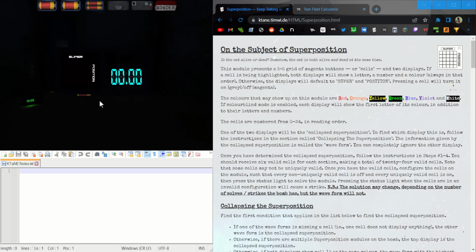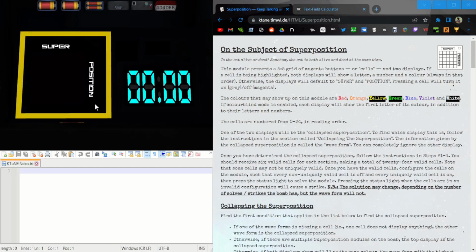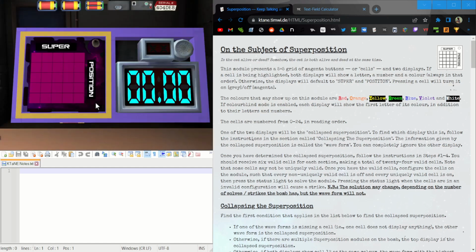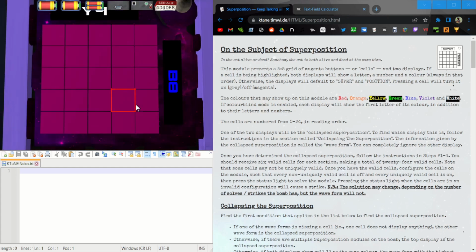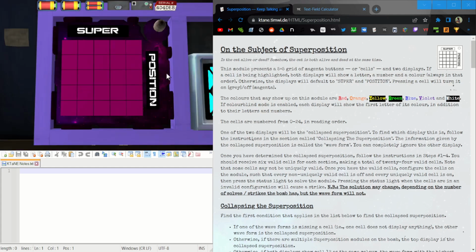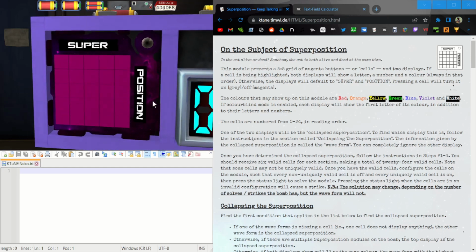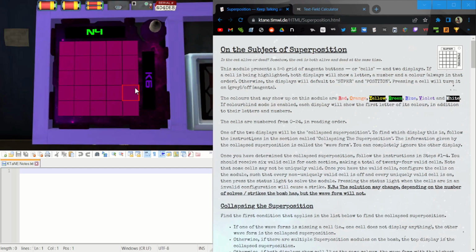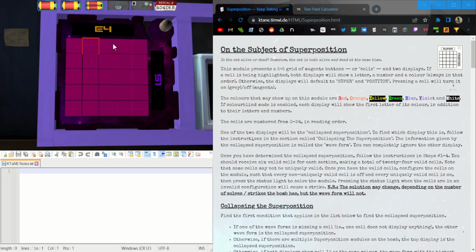Superposition is a very long, very lengthy module, but I think it's pretty interesting. So this is what it looks like. It makes a little sound at the start. It has a 5x5 grid of cells. That's what each of these panels are called. They're called cells. And highlighting over each of them will give you a bit of information on the top and